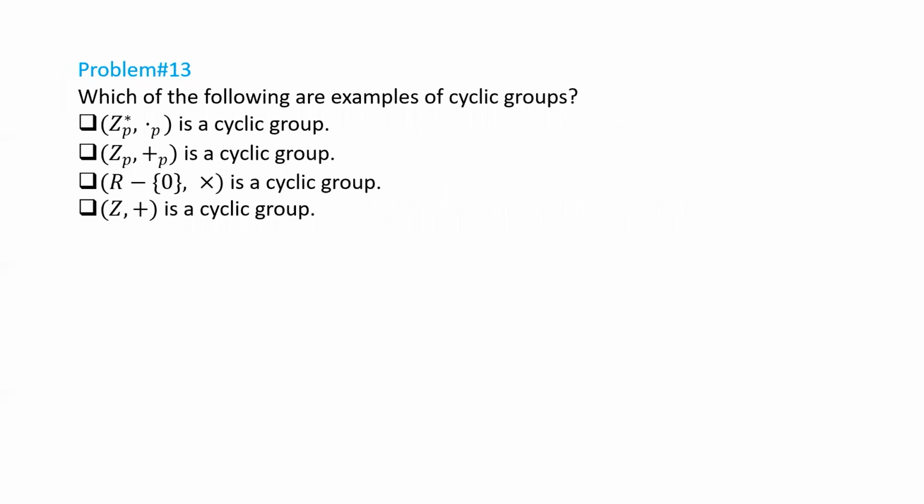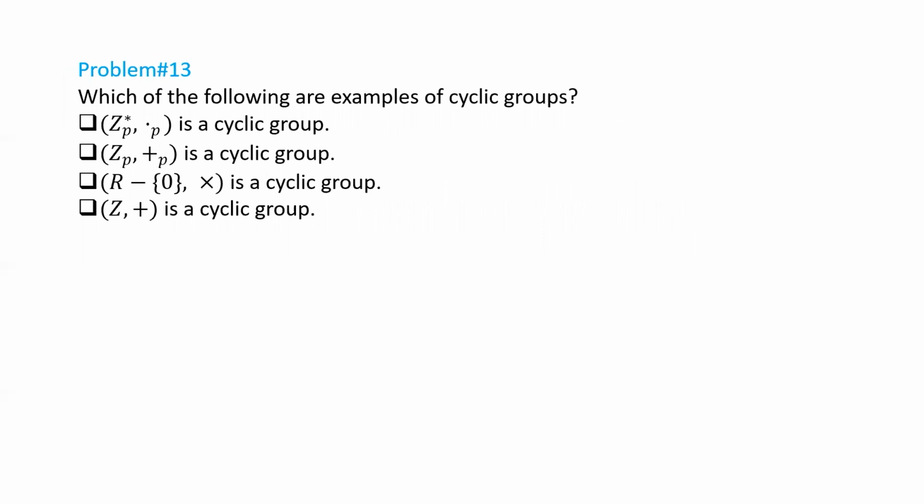This is again a very basic question. Which of the following are examples of cyclic groups? Z_P star with multiplication modulo P as the binary operation defined. P is prime. So Z_P star means